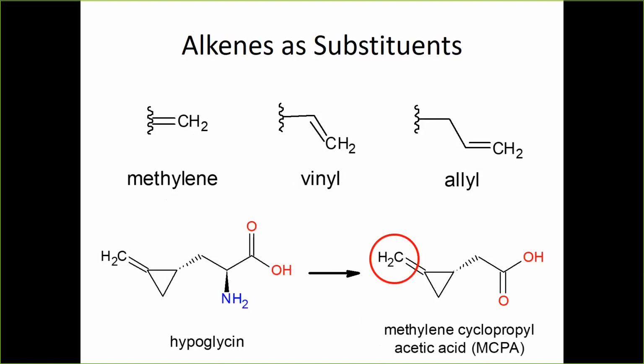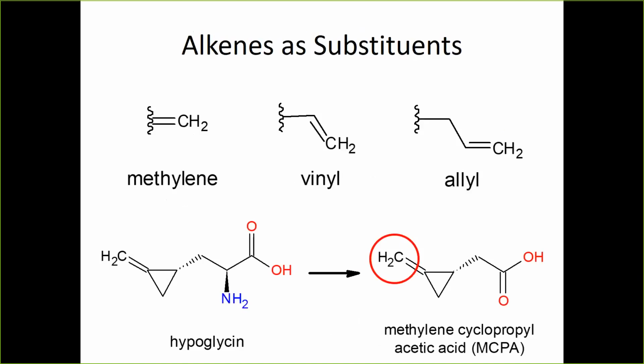And this is the agent or the metabolite of hypoglycin A that is going to inhibit carnitine acyl-CoA transferase, which leads to decreased gluconeogenesis and decreased beta oxidation. And that's what causes the severe hypoglycemia in patients that eat these unripe fruit. It actually also affects a second enzyme called glutamate decarboxylase, and that enzyme is involved with synthesizing GABA from glutamate, and so therefore people can get seizures with this as well.